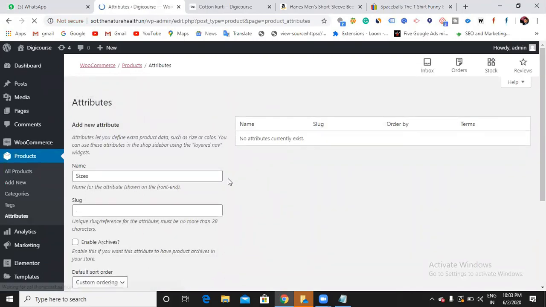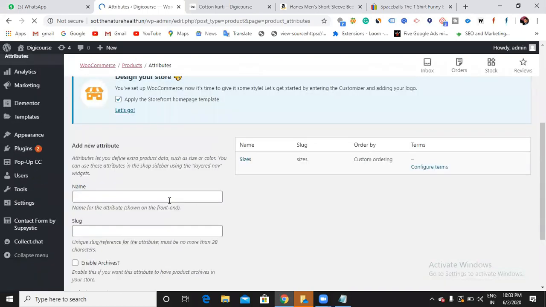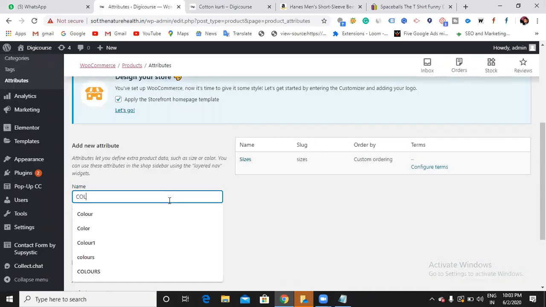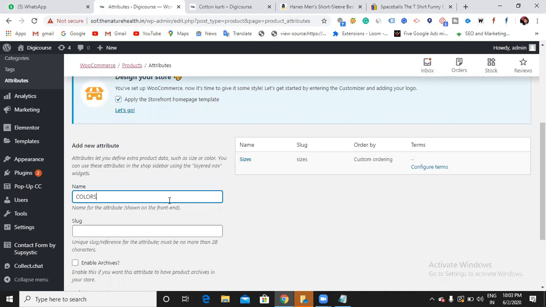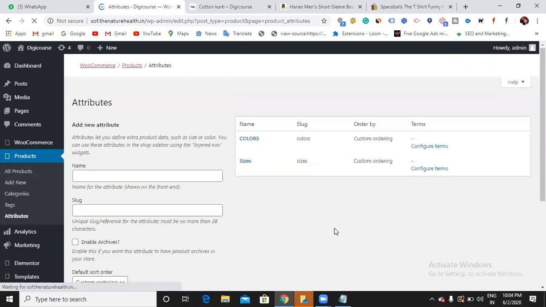As of now, I want to mention sizes and colors for the product. Okay, I just added sizes and colors.